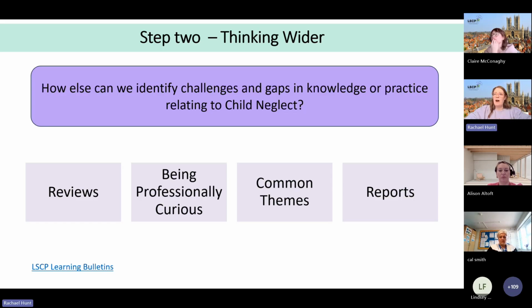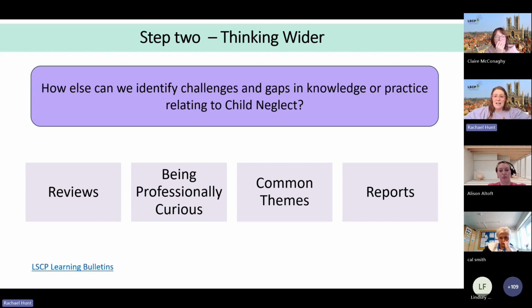So if you may be finding that there's a bit of a challenge, or you're not getting anywhere with supporting your staff or your team, what we would say is look at our rapid reviews, our learning bulletins, because they shift it away from talking about specific practice or specific cases that people might be dealing with, and they highlight key learning. And we've shared Freddie and we've shared Willow, which have got learning around child neglect. You will see that a lot of our learning bulletins have learning around child neglect, and you will also see that pattern nationally. So it's not necessarily something Lincolnshire specific.